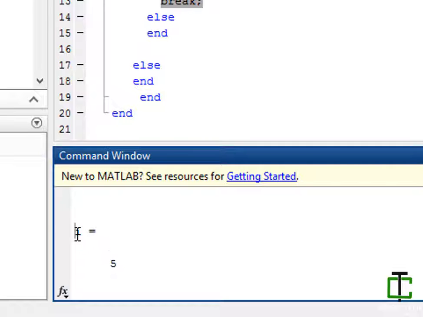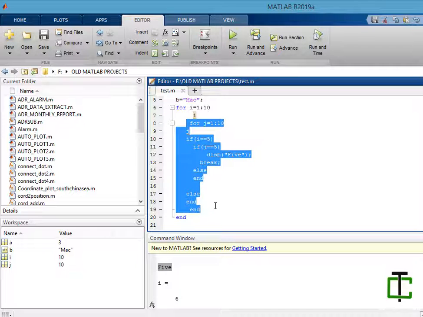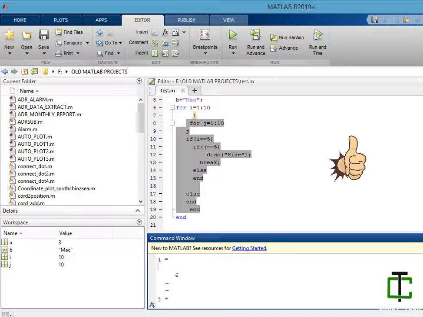But now when i equals 5, see here, when j equals 5, the program counter hits the breakpoint here. Then the program counter came out of this immediate for loop, not from the entire for loop. That's why j stops here at j equals 5.